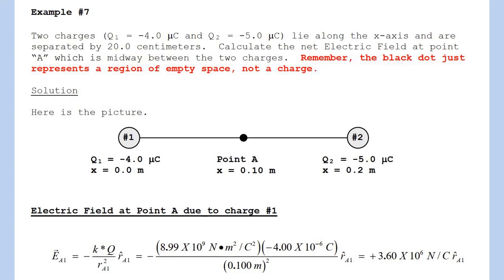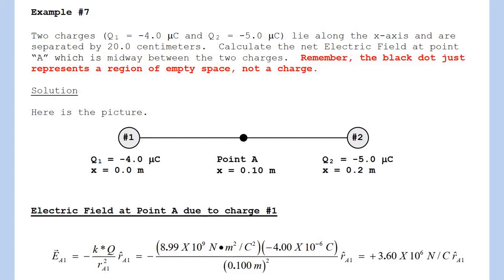Looking at charge 1, which is a negative charge, I draw the following two electric field lines. Remember, for negative charges, the field lines are always entering the charge. Notice the field line on the right side is covering point A. Therefore, the electric field line direction for charge 1 is in the negative i hat direction because the arrow is